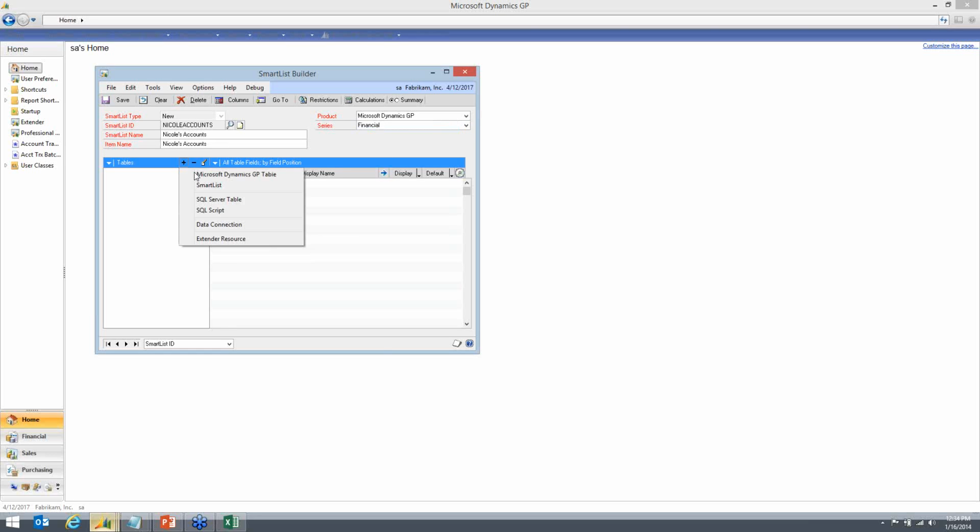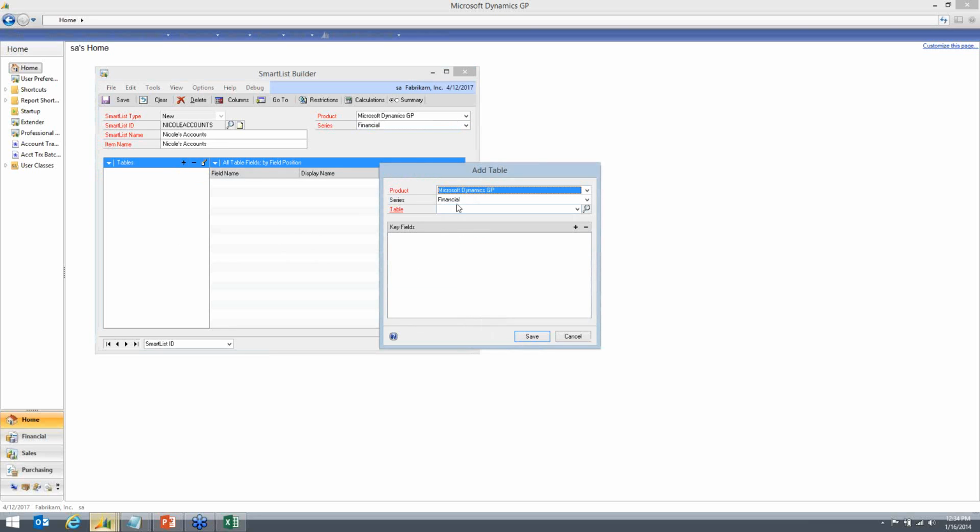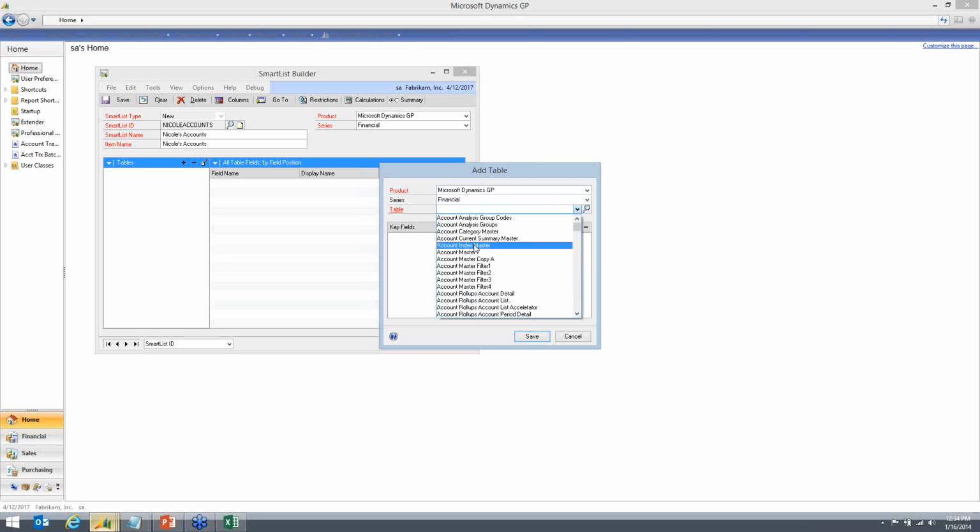And now I'm going to go add a table, and I know the account maintenance window is in the financial series. That's the menu I selected it off of, so I'm going to guess it's there. But I don't know what to pick here. Is it the account master? Is it the index master? Is it something totally different? I don't know. So I'm going to hit the new Find Table button here,